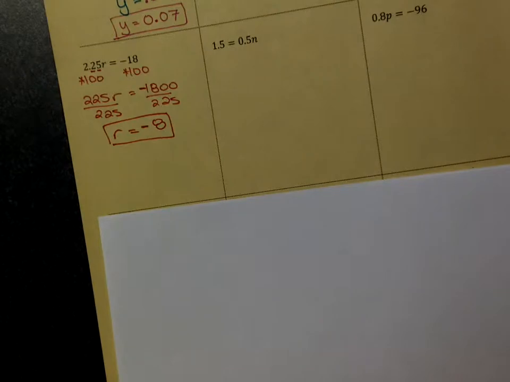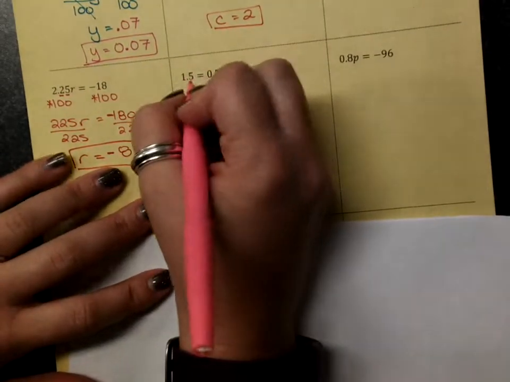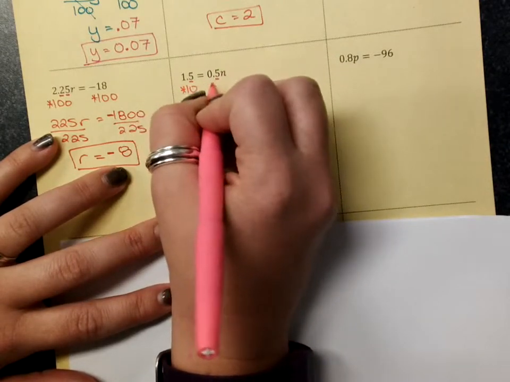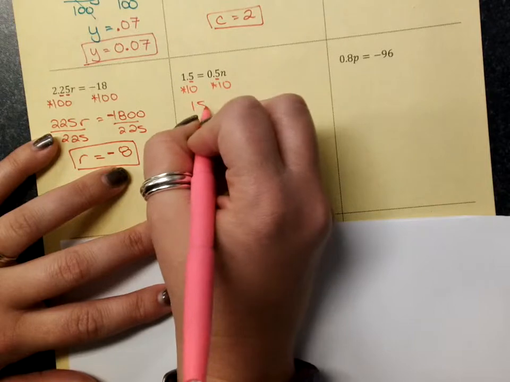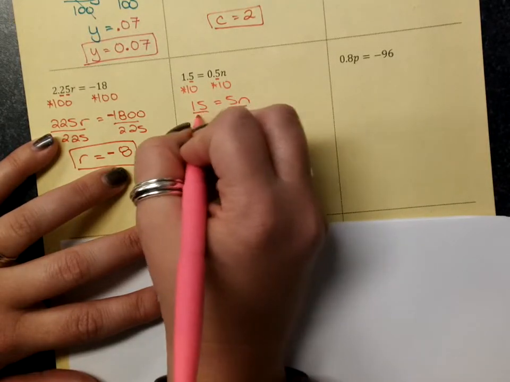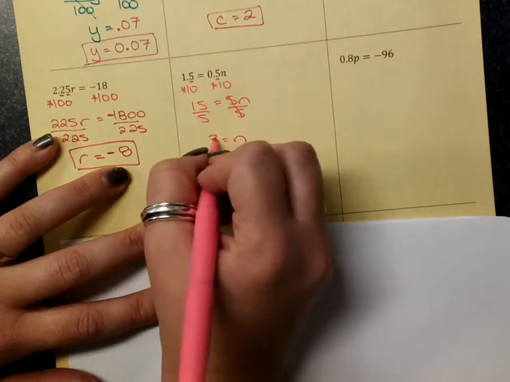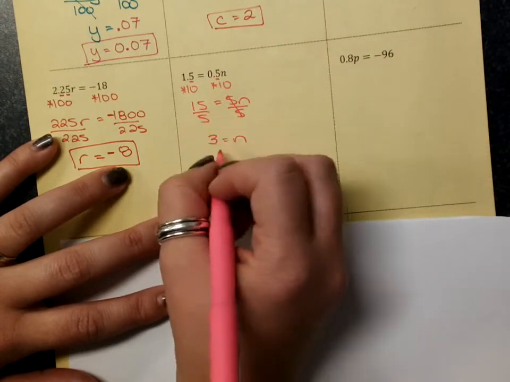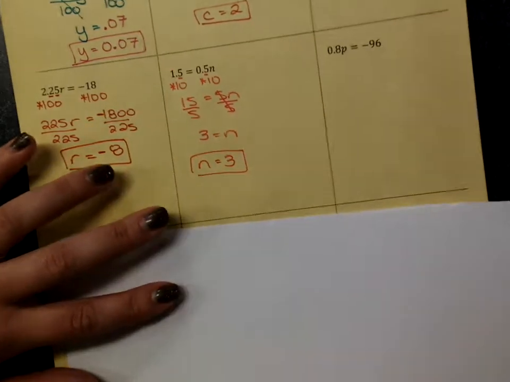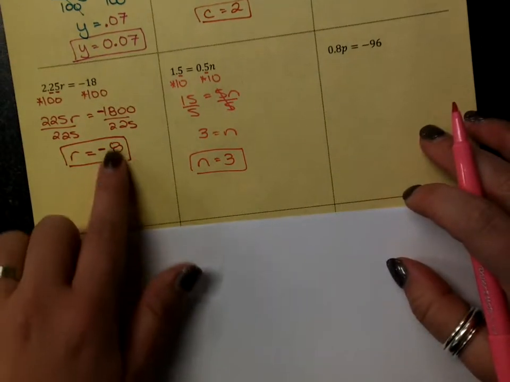1.5 equals 0.5n. 1 decimal point here, 1 decimal place here. We'll multiply by 10. Multiply by 10. That gives me 15 equals 5n. Divide by 5, divide by 5. 15 divided by 5 is 3. So that one worked out pretty easy. So sometimes they're pretty easy, sometimes it takes a little bit of guesswork until you can get the exact division